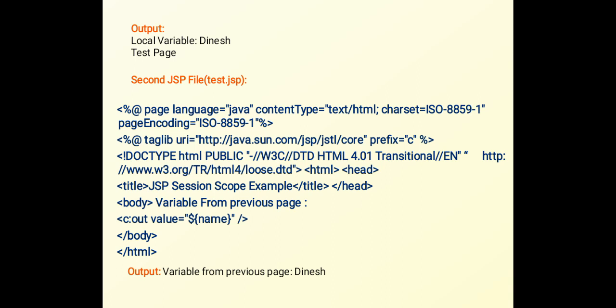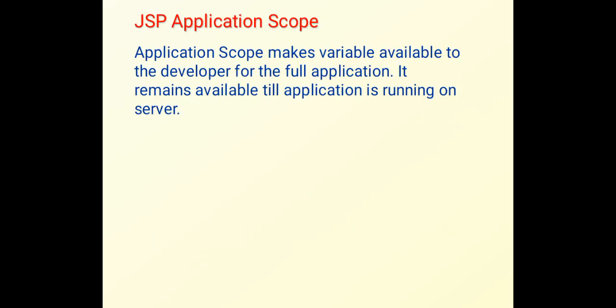If we click on test page, we go to the next file test.jsp. On this file, we are again displaying the value of variable name. The output of this file will be "variable from previous page Dinesh". It means it is displaying the value of that variable.